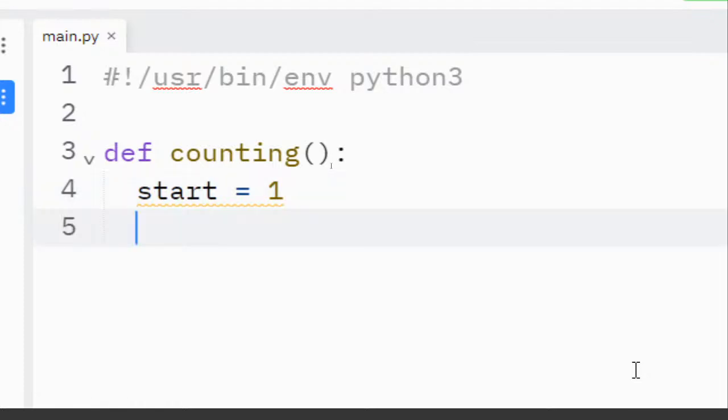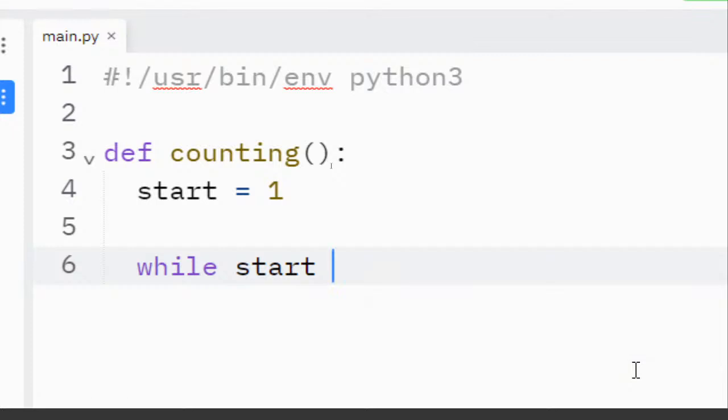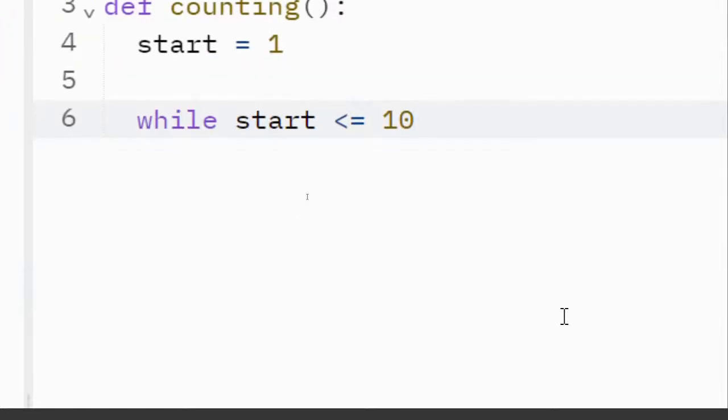And so the next thing we need to do is define our condition. Right? So we're going to write while, because it's our while loop. We start with our while keyword, while the value of start is less than or equal to 10. Right? And so what we see here is similar syntax to what we were working with, right? When we were working with